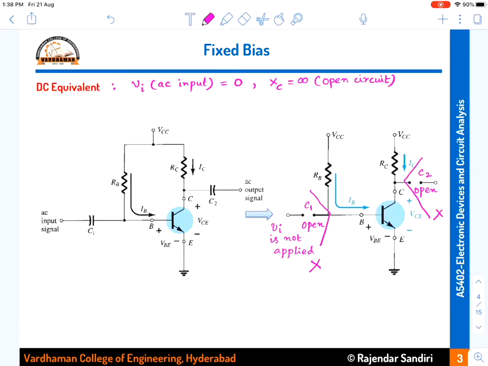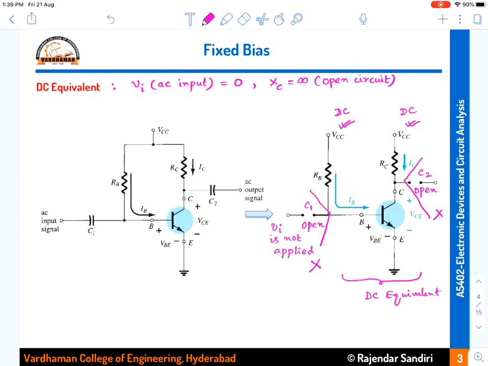So there is only the middle portion of the circuit which will be operated on the DC supply. This is the DC supply, right? This VCC is also a DC supply. So only the DC supply and the transistor with two resistors, RB and RC, are working. The remaining portion of the circuit will be removed. So this particular circuit we call the DC equivalent. If you just disconnect AC, then it will become the DC equivalent. Now the circuit is applied with only DC but disconnected from AC by open circuiting the capacitors, so that no AC input is allowed to pass into the transistor. Now this circuit is called the DC equivalent.